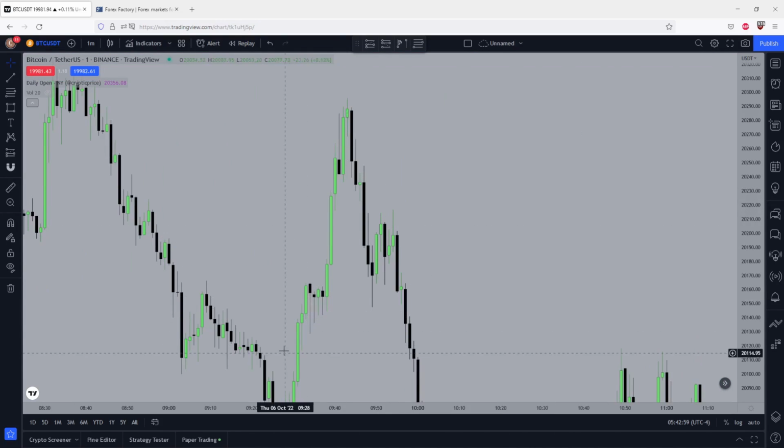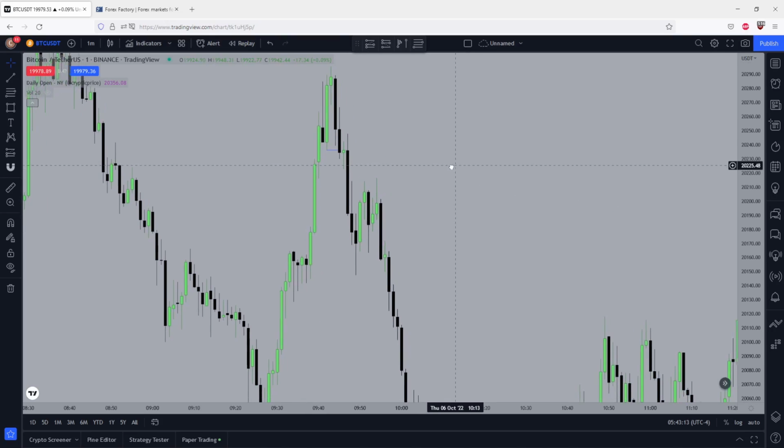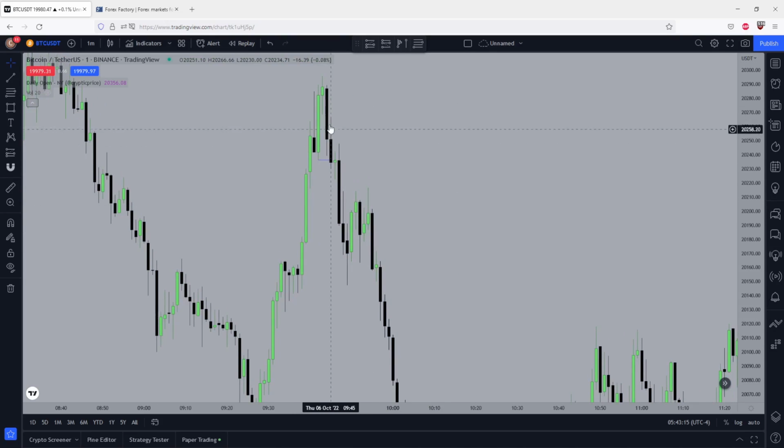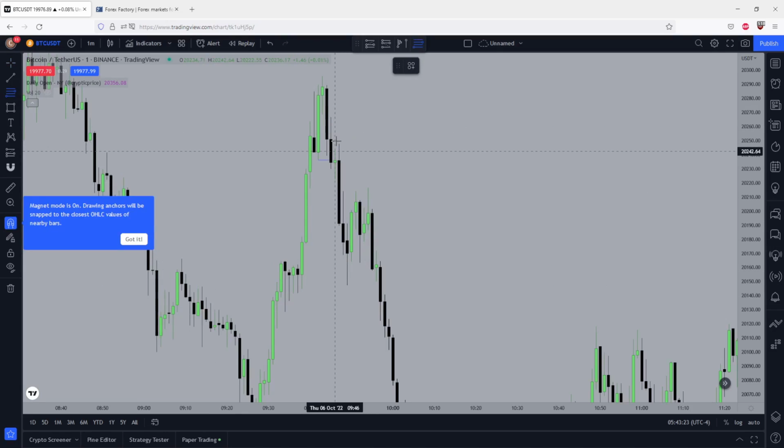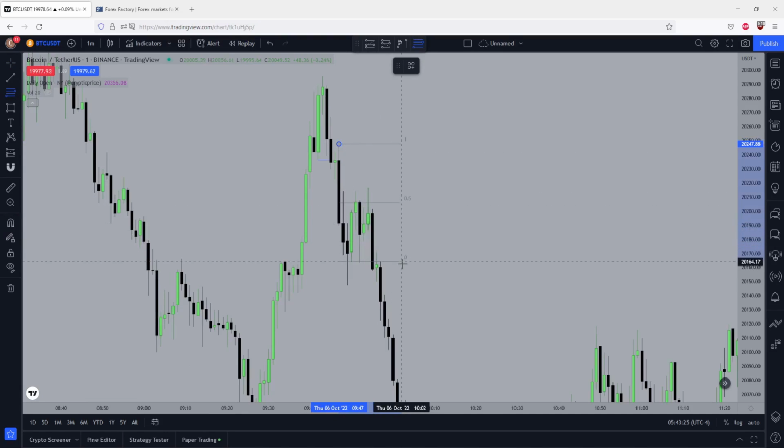So after 9:30, or after the Judo swing, we have the break. We break this low. So from this point on, we were in the downtrend. We break all the way down here, all the way down here. Big candles, and from this high to this low,